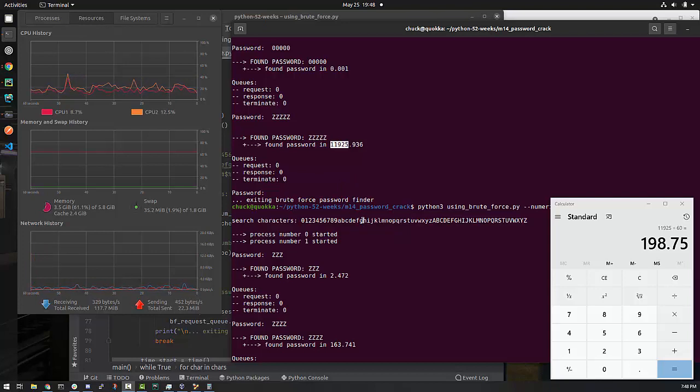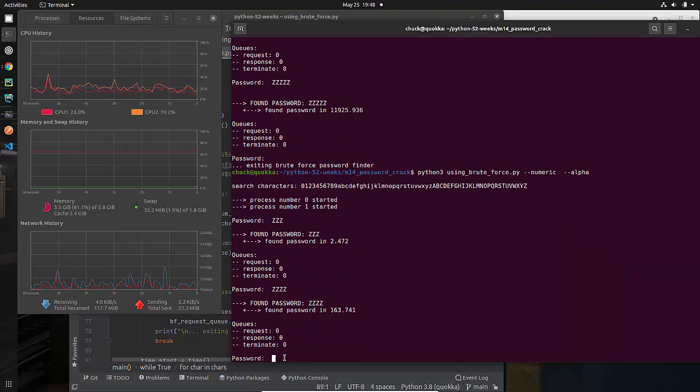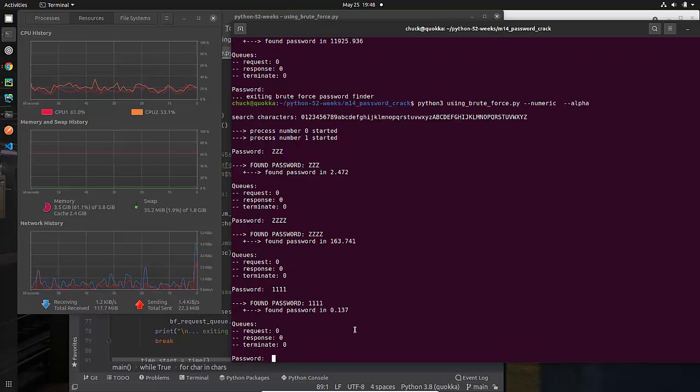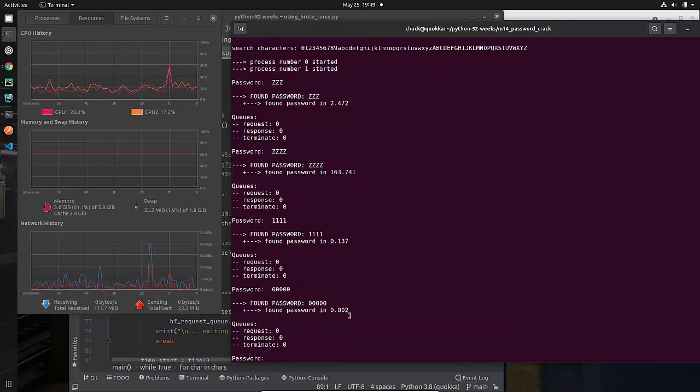So hopefully that gives you a little bit of an idea of what we're looking at. And if I were to just run this and do 1, 1, 1, 1 with 4 of those, you see how fast that is because I'm always looking at 0 and 1 first. In fact, if I was to do 0, 0, 0, 0, 0, because it's going to be the first thing that it looks at, it finds it in 2 seconds.